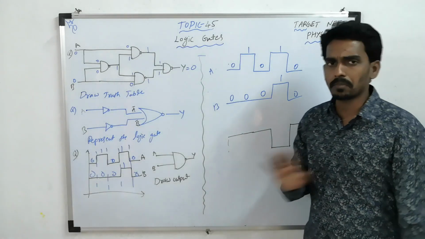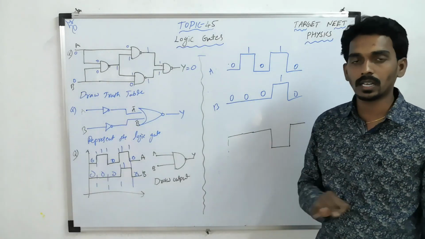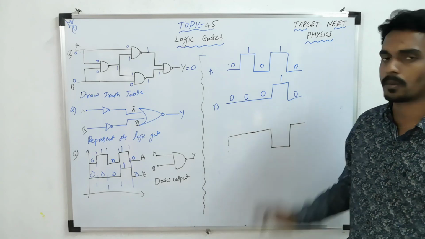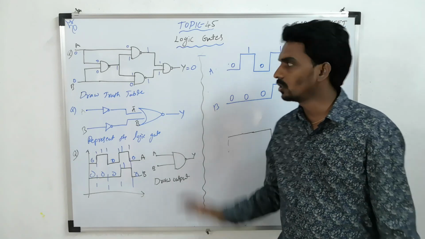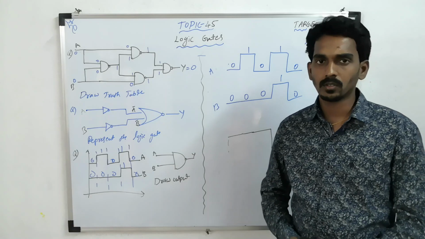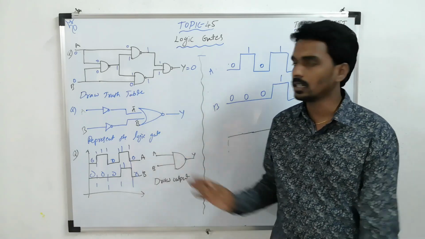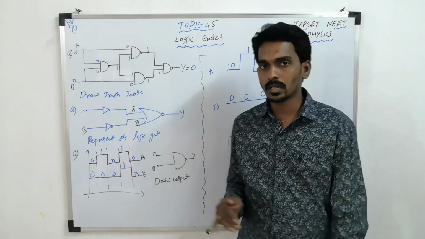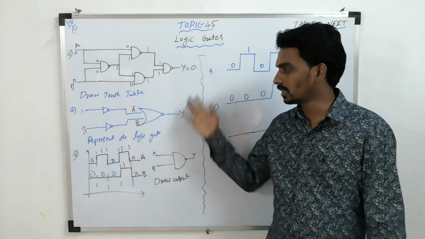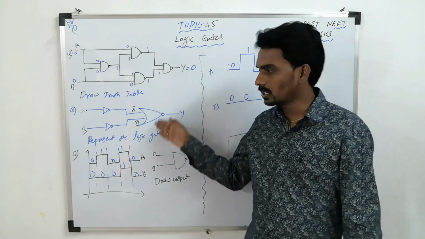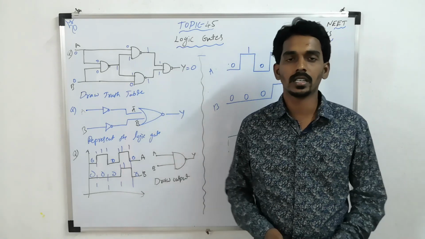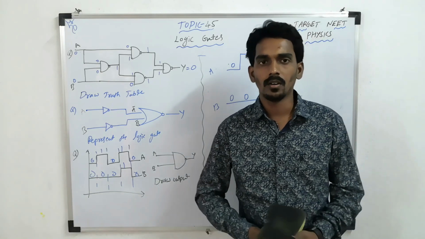This is one of the simplest of all the topics, and I am very sure you will get it very easily. So please just focus on truth tables and whatever basic gates are there, and then try to understand these types of 3 questions. It is good enough so that you can score well.